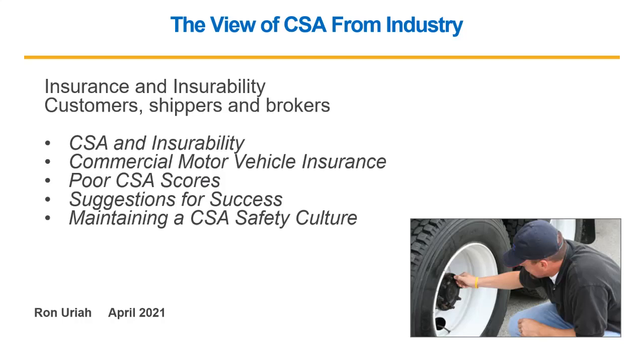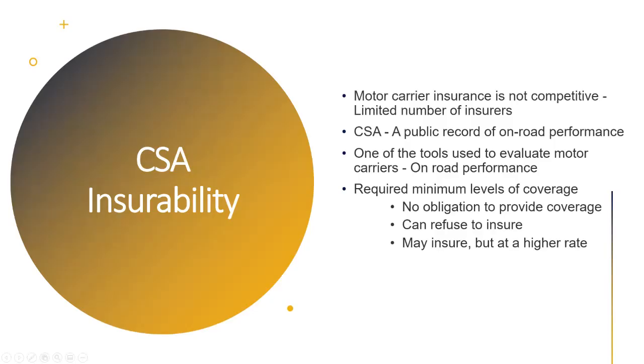So we'll look at a couple key points here: insurance and insurability, impact of poor CSA scores. There'll be some suggestions for success and how to maintain a CSA safety culture. Now, insurance, again, is about safety. CSA is a record, as Tim and Mark explained, of your experience on the highway, your driver's performance in 7 basic areas. Even though some of these areas are not published, and none of them are published right now, all the information from your 7 basics are going to be asked for by your insurance company, whether it's your broker, your